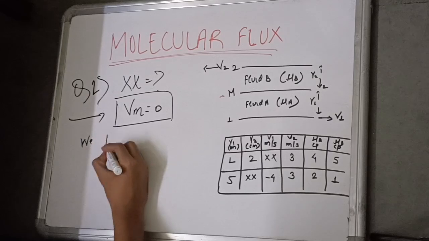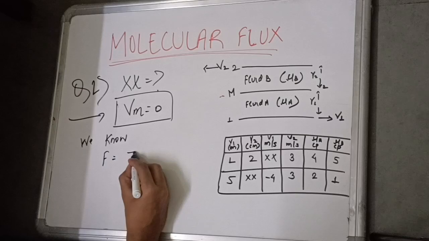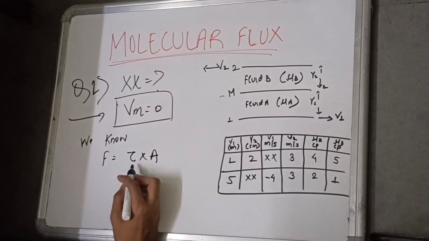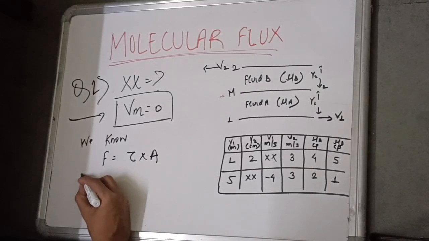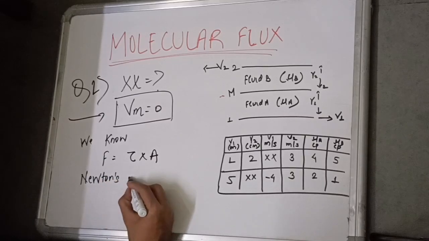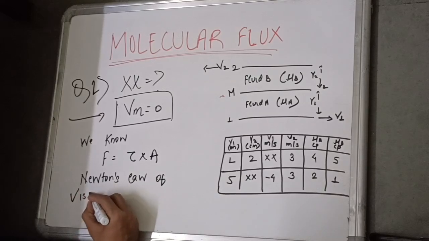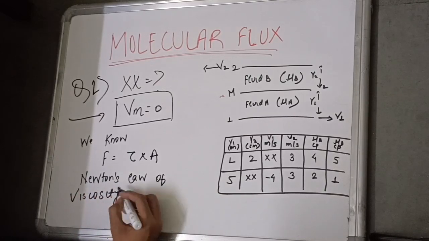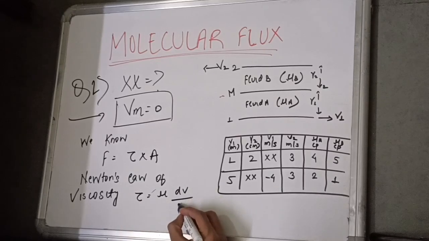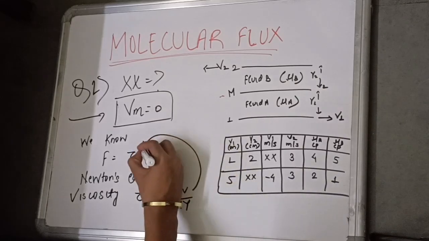Also we know that force equals tau into area. According to Newton's law of viscosity, we know the value of tau. It should be mu dV by dy. Substituting this tau in place of this,